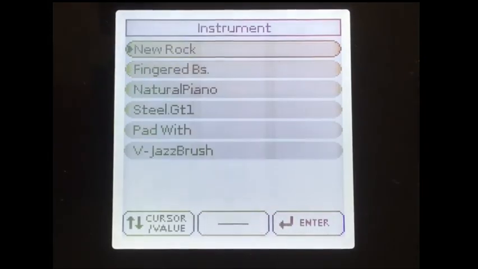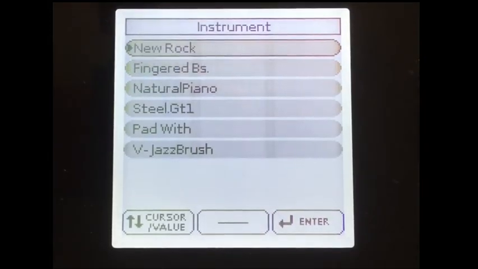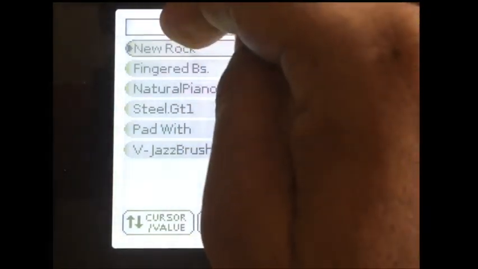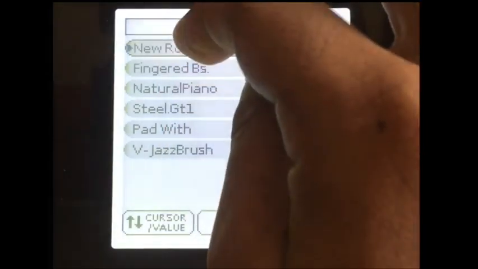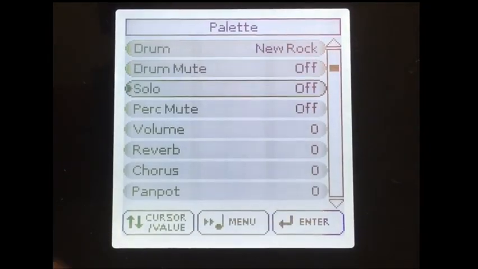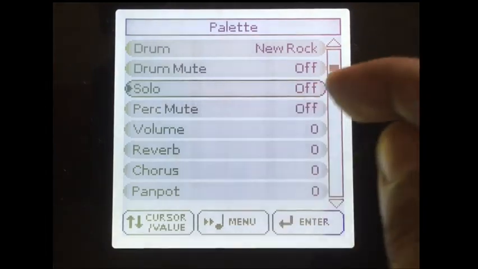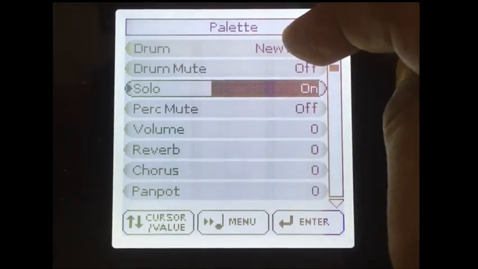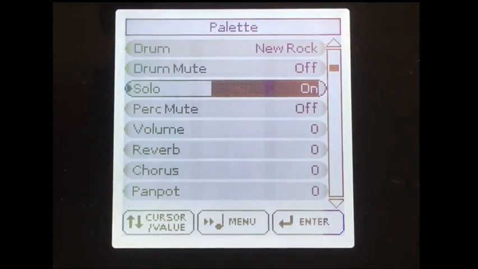Select Instrument. We can see the instrument that we used during recording our styles. I'm going to New Rock, selecting the variation 1, selecting solo option to hear this track only.